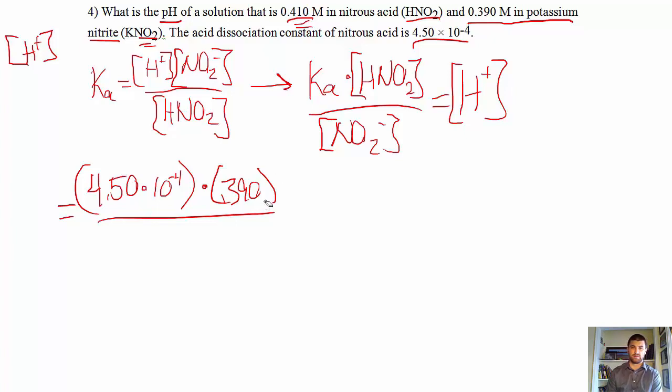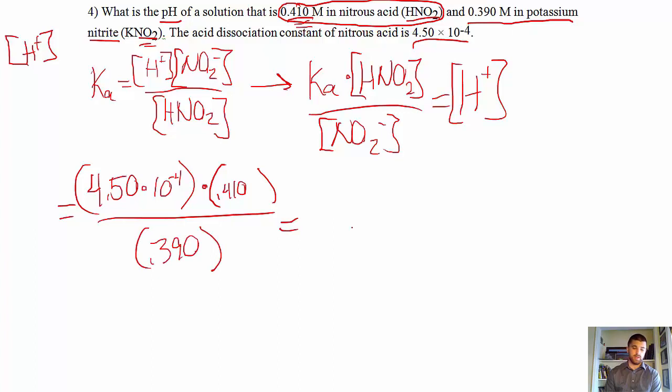I'm sorry, I wrote the wrong thing. The HNO2 concentration is the 0.410. Maybe I should get in the habit of circling that whole thing so I know that's what goes together. And divided by the NO2 minus, which is the 0.390. And I get the concentration of H plus to equal